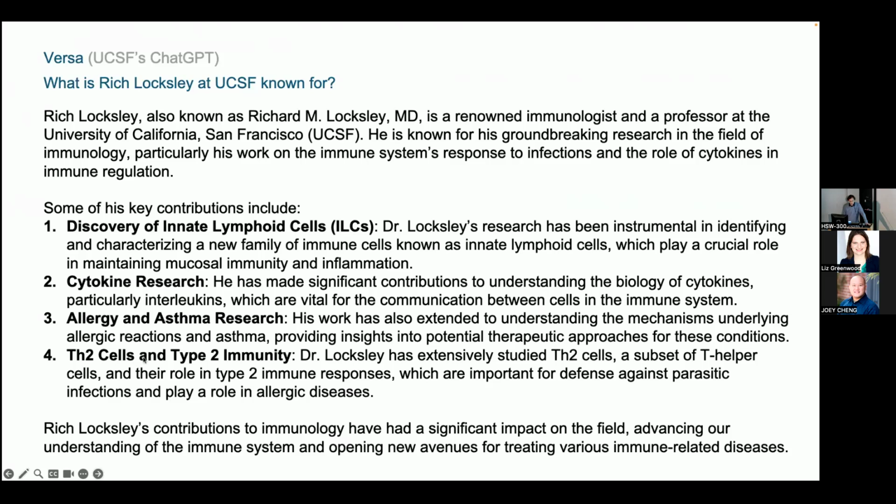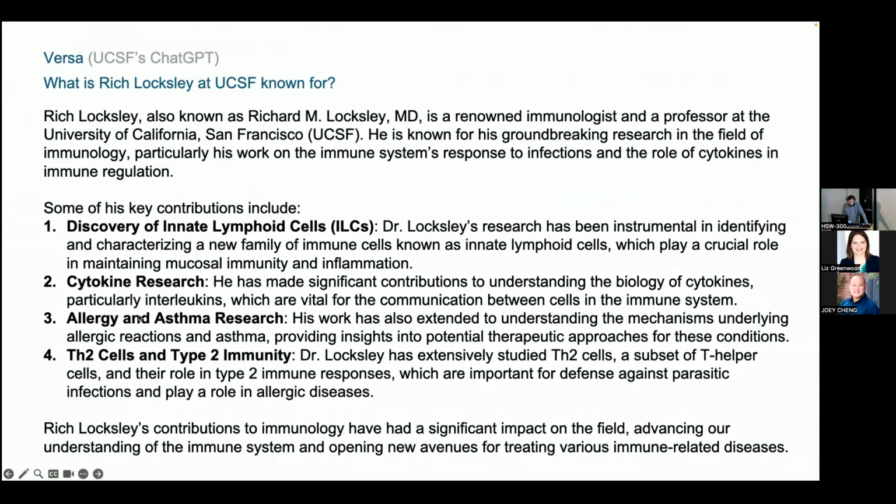The Th2 cell work really was the early work that delved into Th2 responses to different pathogens and helminths in particular. And that segued into more work on the cytokines involved and ways to illuminate these important communication molecules in the immune system. And that led to this seminal breakthrough work in the discoveries of innate lymphoid cells and really their profound contribution to launching and guiding many types of immune responses.